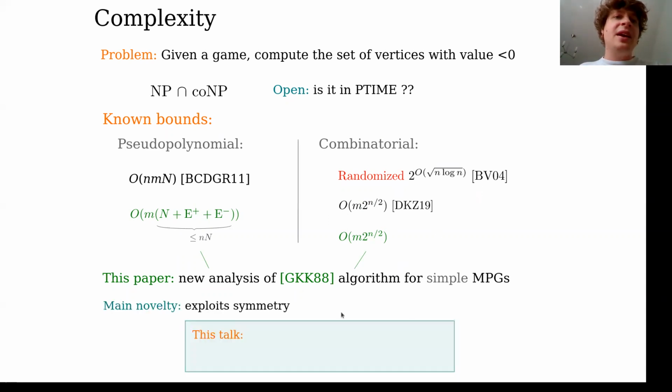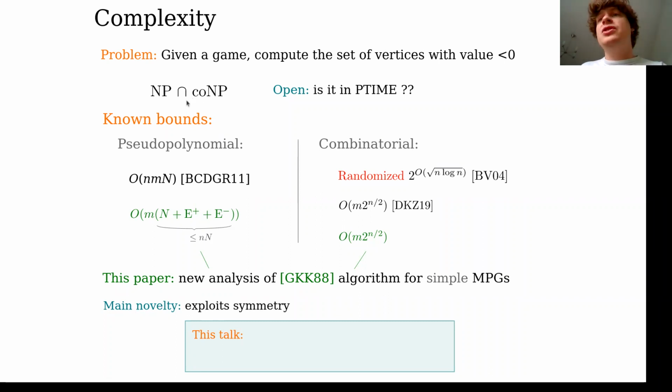Okay, and now the main novelty that we really want to emphasize in this paper and in this talk is that this algorithm is symmetric, and the analysis we give will be completely symmetric. So that's really the nice part about this. So if we think about it for a minute,